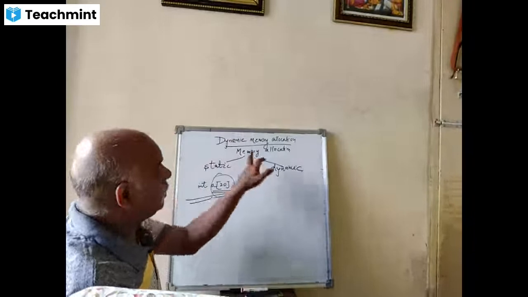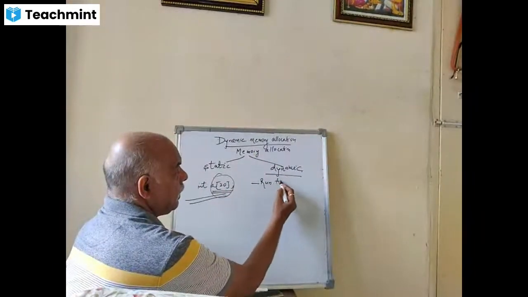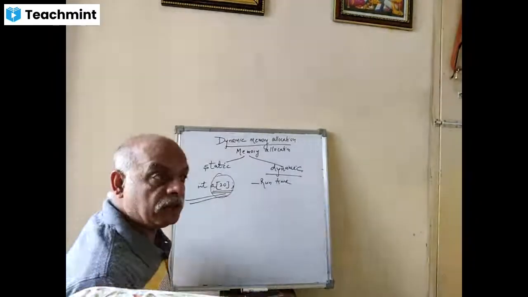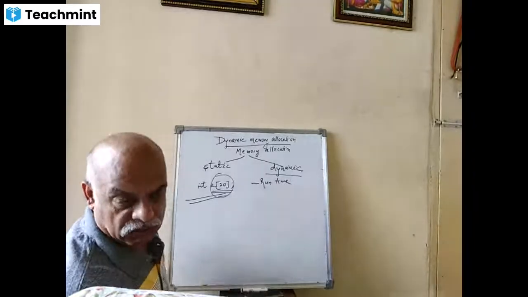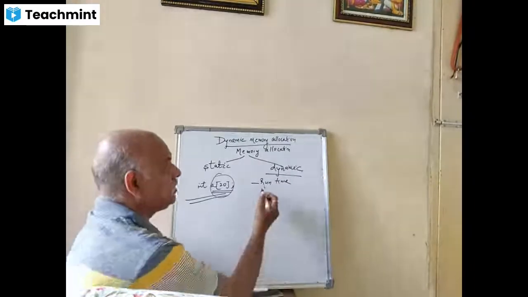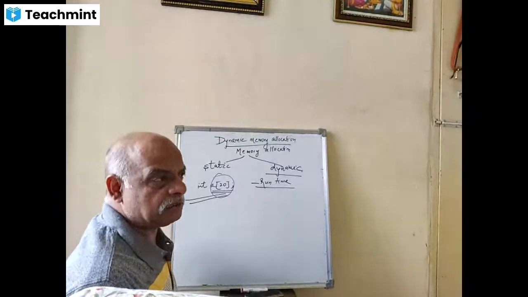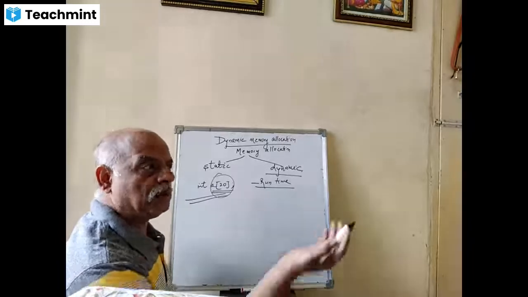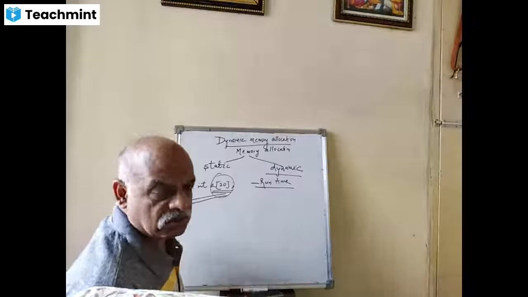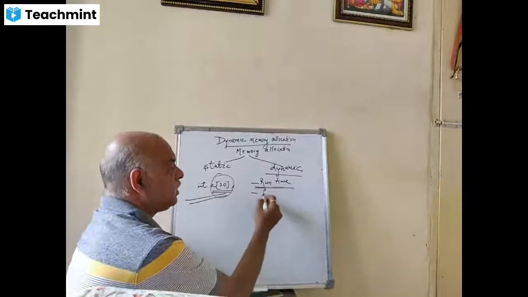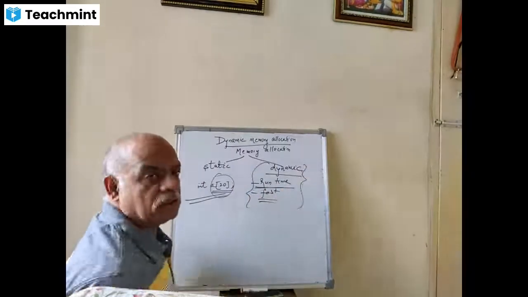Okay, in dynamic memory allocation, it is runtime. The program is running, you can increase the size of the memory, or if you don't want memory, you can give it back to the system. We say the memory size is not fixed here. You can take as much as you need, depending upon the availability of the memory. You can take a memory block and, if you don't want it, give the block back to the system. So this is runtime and is fast. This is achieved through pointers.